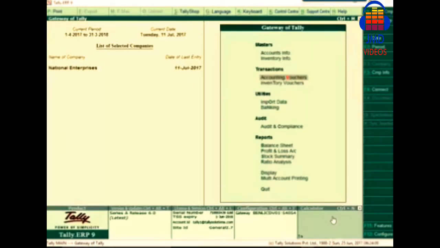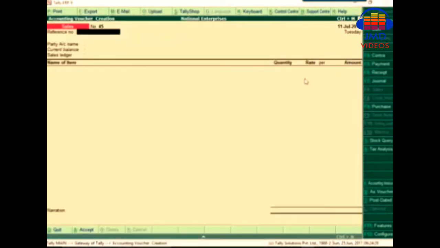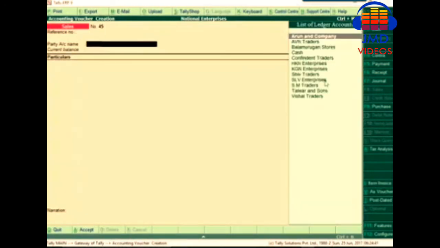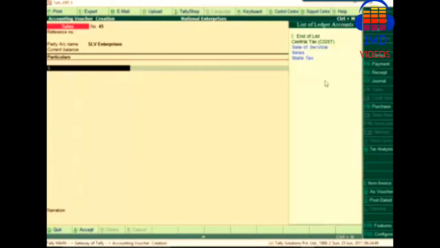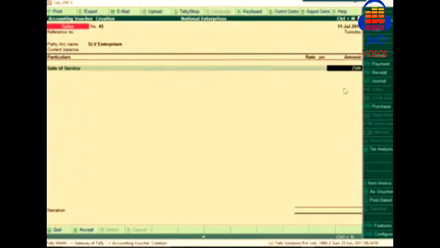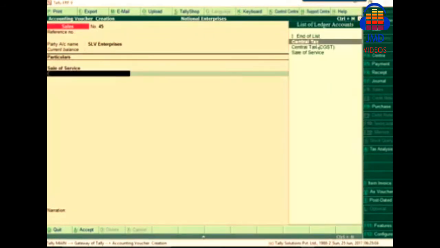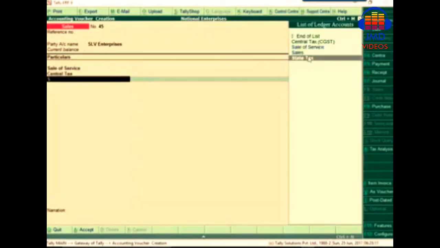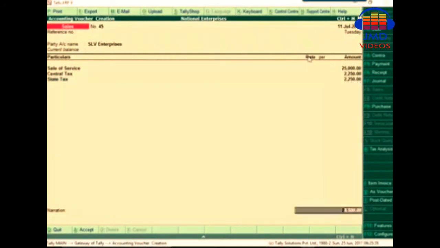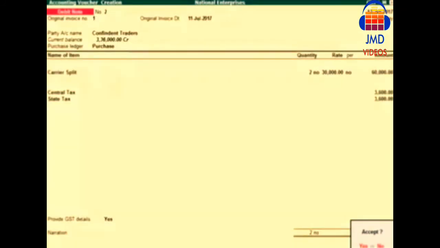Passing sales transactions for services is similar to passing sales transactions for an item. Simply change the invoice mode to accounting invoice. Select the party, choose the service ledger and enter the value of service. Now, select GST tax ledgers, Central Tax and State Tax for a local sale and Integrated Tax Ledger if it is an interstate sale. Passing other transactions like purchases, credit notes or debit notes is not very different from the sale transactions you just